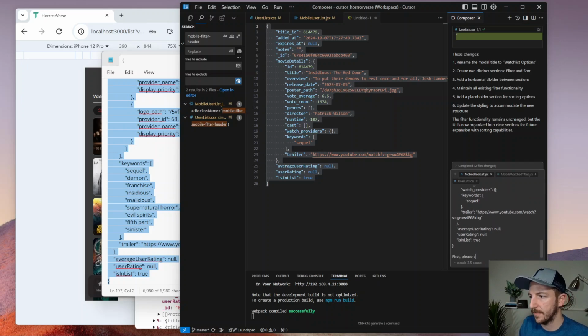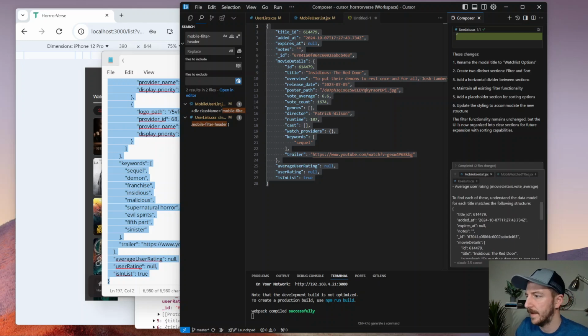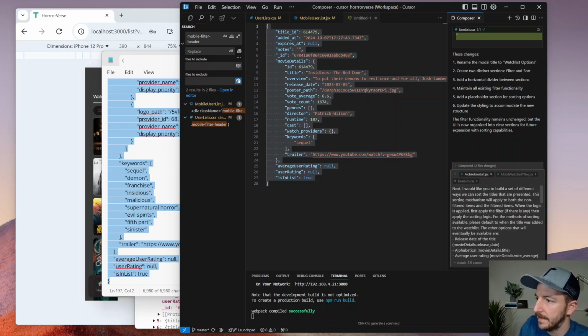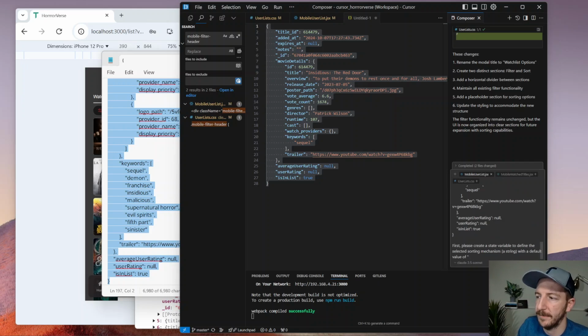First, please create a state variable to define the selected sorting mechanism, a string, with a default value of, and what do we say we want the default to be? Added to the watch list, which we didn't tell it what that is. It should know, but we'll say that's added at. I hope it picks up on what we're getting at with that. We'll see. With the default value of added at,